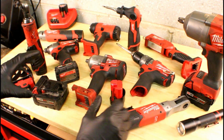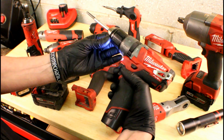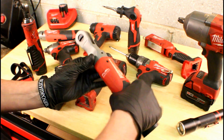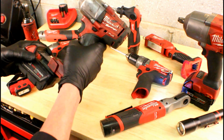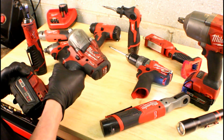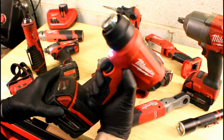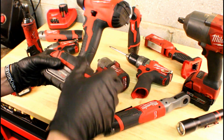Now, perfect example. I can grab an M12 battery, throw it in a cordless drill, tighten up a few screws. Once I'm done with that, I can throw it in a new 3/8 ratchet, tighten up some bolts. Meanwhile, I'm grabbing my M18 battery, putting it in the mid-torque 1/2-inch, tighten up some lug nuts. When I'm done with that, I can jump over here, get my cordless heat gun, and I can shrink some heat shrink. So I've got all kinds of different options using the 2 different battery